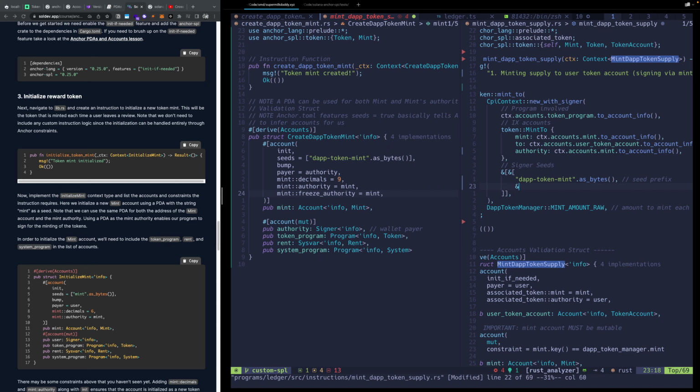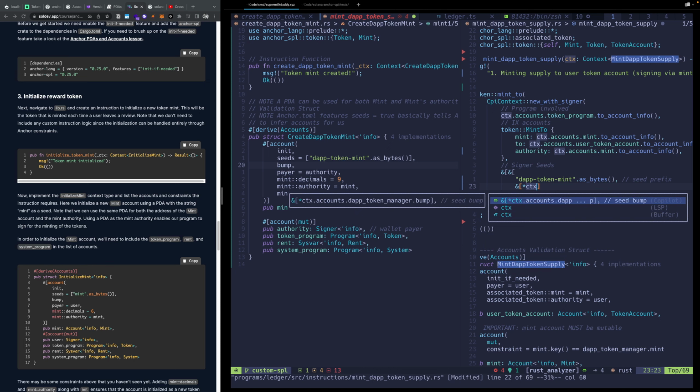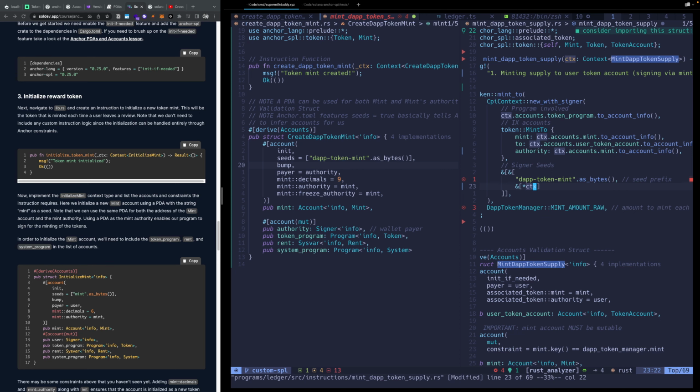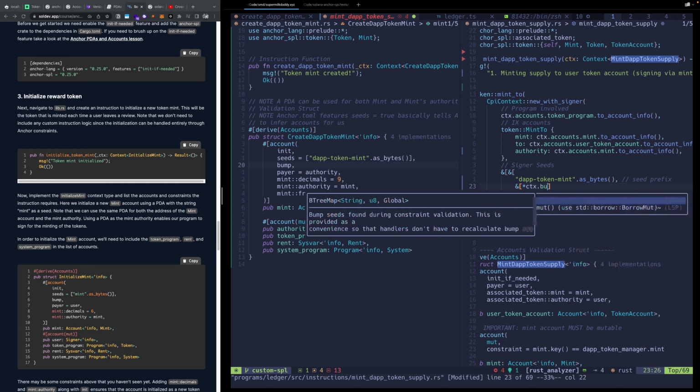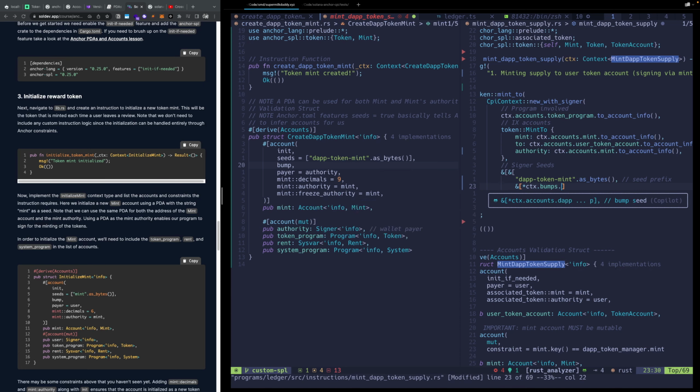It's actually another borrowed U8 int array. So to get the bump value that is found here when they create and initialize this account, or the PDA, to derive the PDA, you can dereference the context, and yeah, it shows like what I was doing, but instead, I'll just do context bumps dot get, and then